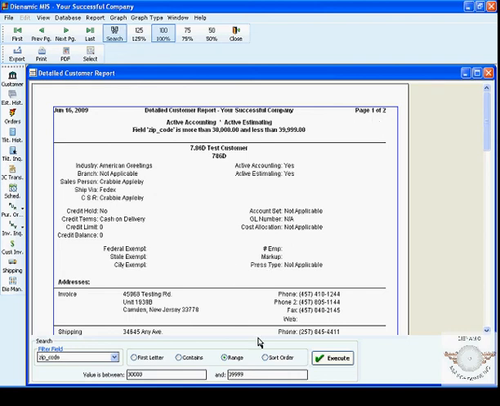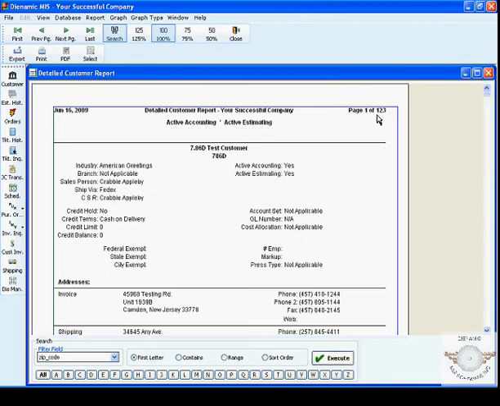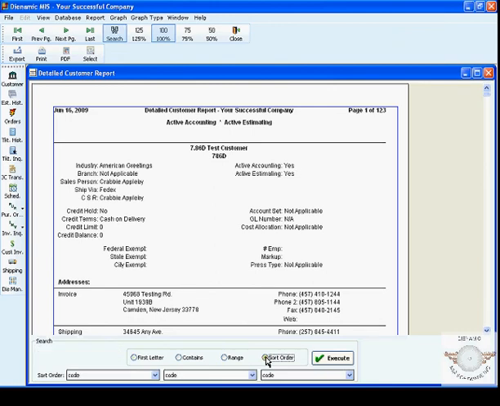We can use the sort order. If we click on the sort order option, well, first let's get back all of our data. So let's click on first letter. Let's click on all. Let's click on execute. And we will be back to 123 pages. Let's click on the sort order button. You can see that this report naturally sorts by code. If I wanted to change this to sort by phone number, let's say,